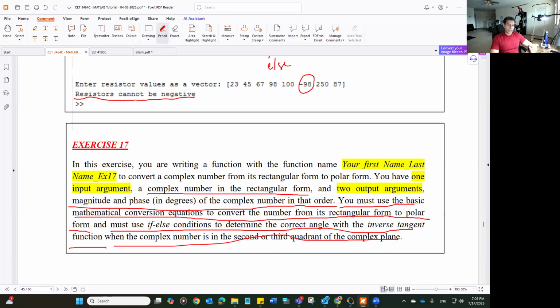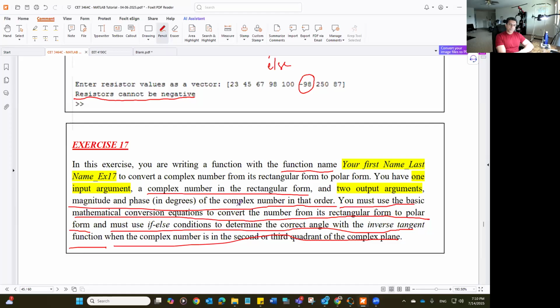And if the number is in the third quadrant, then subtract 180 degrees to get the correct angle. So again, this program is not a function. Sorry, it is a function. You're writing a function,